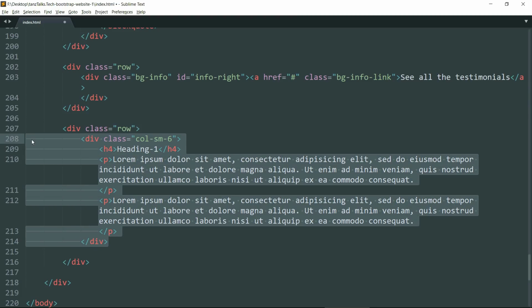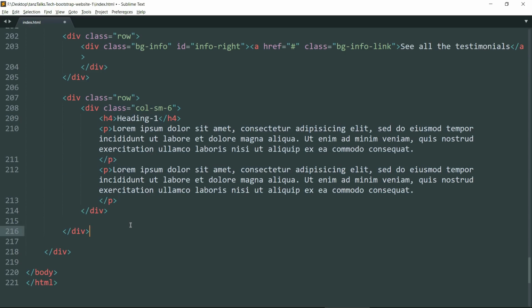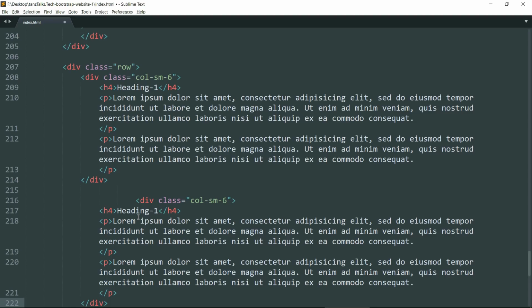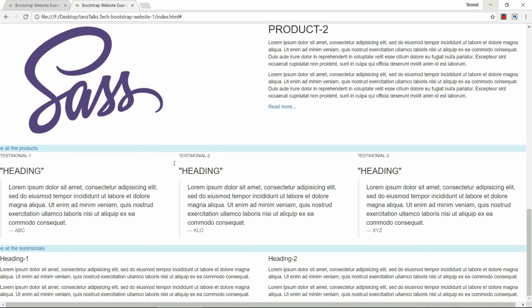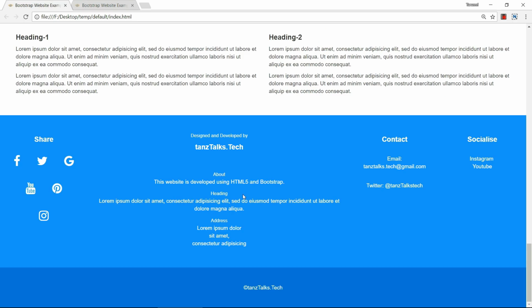Copy this entire block starting from div class col-sm-6 and paste it just below it. Then make it heading 2, save it. Now let's open in the browser. Yeah, now we have both of the two headings. It's fine now.